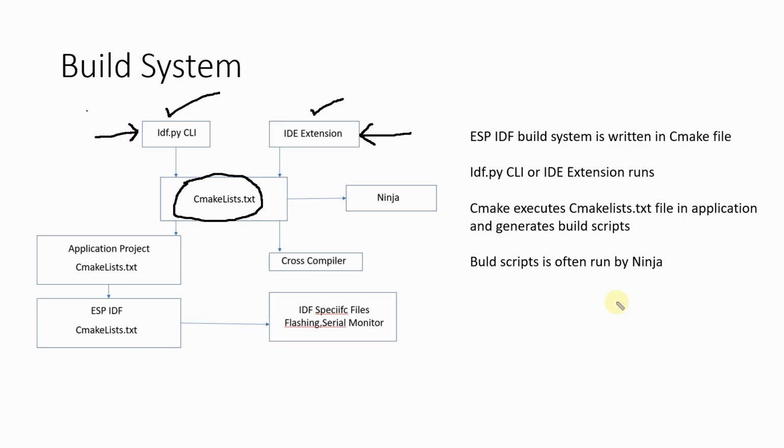That is, for example, in Espressif IDE, you can build the project by clicking on the build icon or clicking on Project, Build. That's it. And once it is built, the CMakeLists file executes and it generates the build script required for the project. And that particular build script is executed by the tool called Ninja. So this is the basic process of build system in ESP-IDF, and later this is useful for cross compilation,